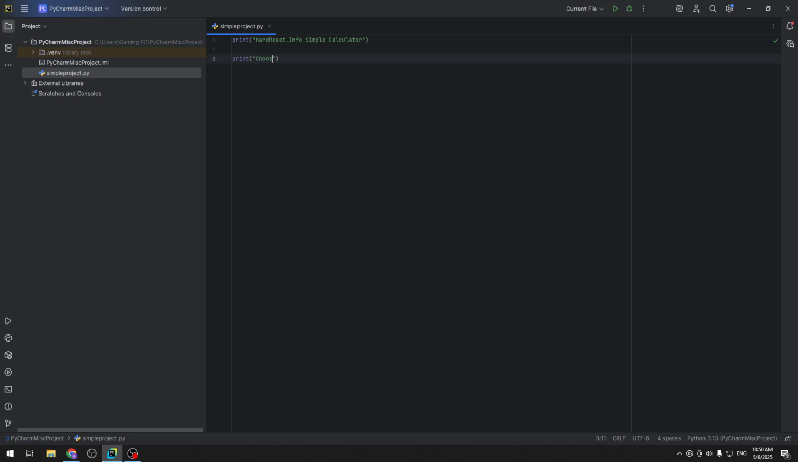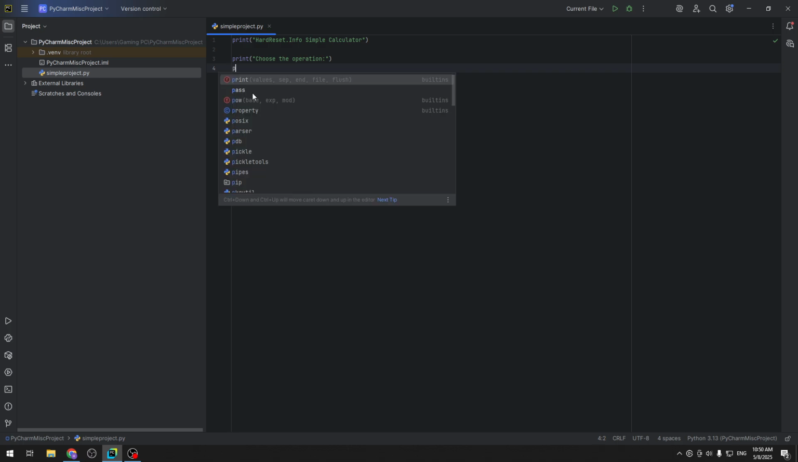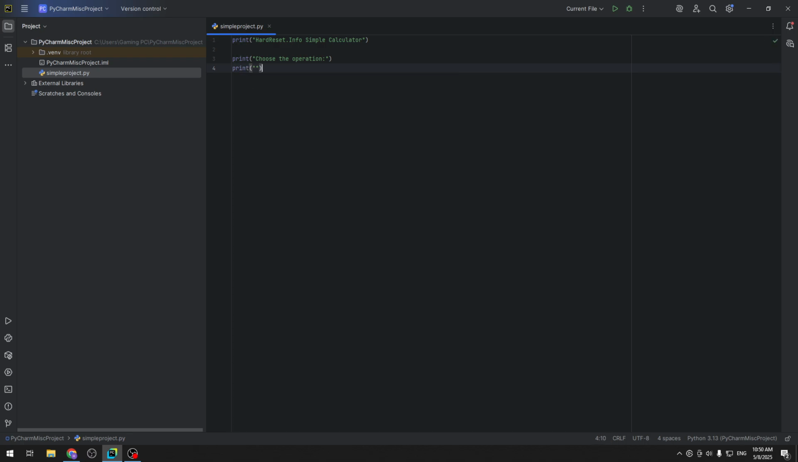Choose the operation here, and now we have the four operations that are basic in the calculator. First we have the subtraction, multiplication, division and addition. So let's write it. Print brackets and the text here 1, 2, 3 and 4, and at first we can do the addition 1, add,